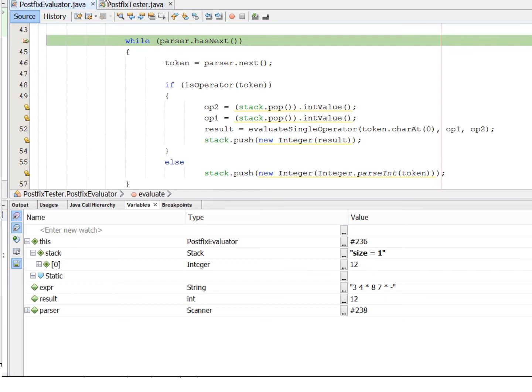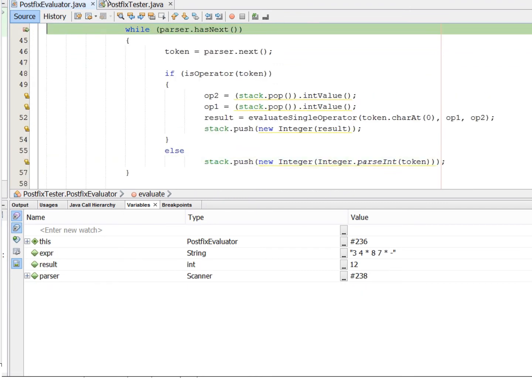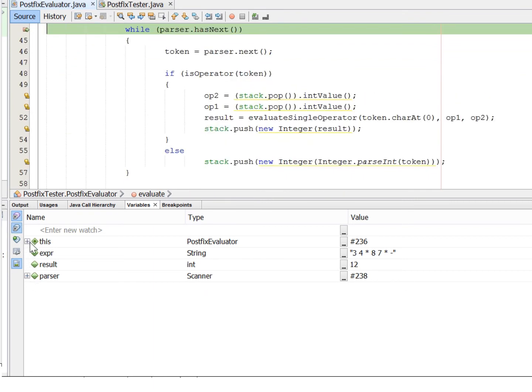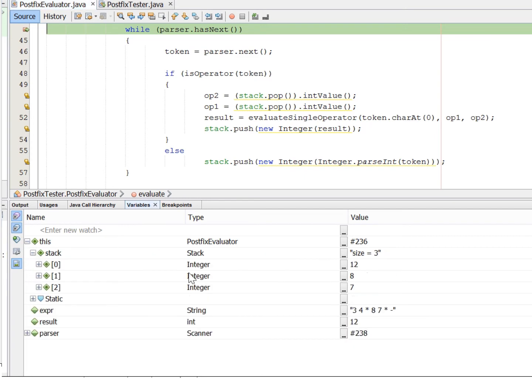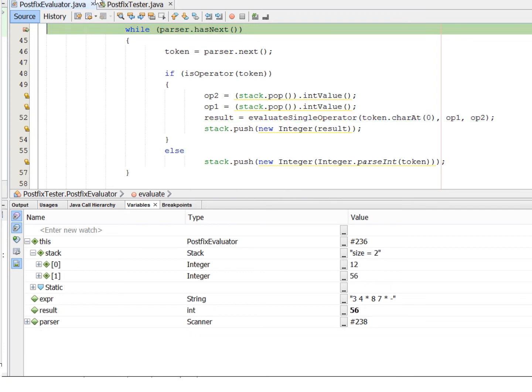Now we'll get the next token, which is going to be an operand, 8. We're going to get another token. Okay. So now we look, and the stack has the 8 and the 7 on the top, 7 on the top, 8 right beneath it, and the 12 is at the 0 location. The next token is going to be, you got it, the multiplication. And the result is 56. We're going to get that pushed on the top of the stack, and now we're going to get another token,